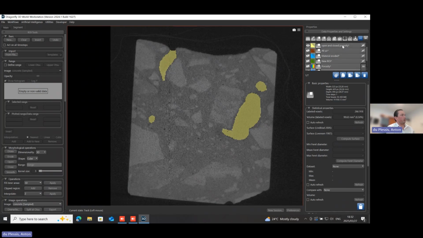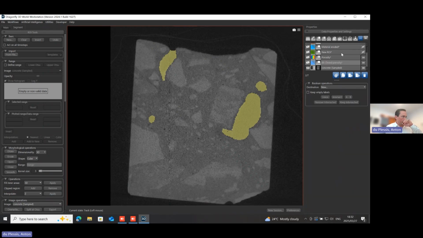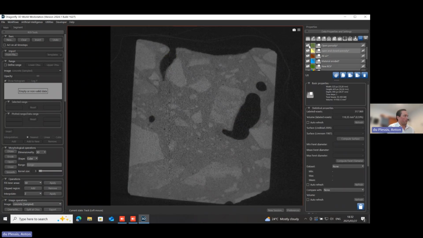If I click on open and closed and I highlight with Control and left mouse button and select closed porosity, I can subtract them from each other. This would be the open porosity without the closed porosity. In that way, we have separated out open and closed porosity.